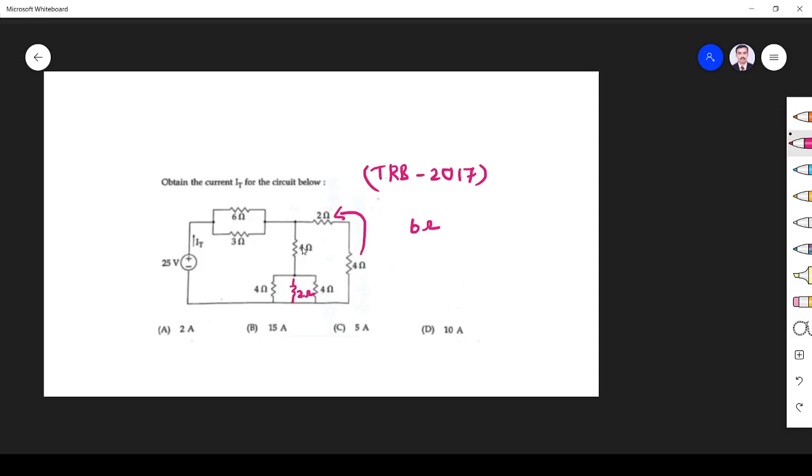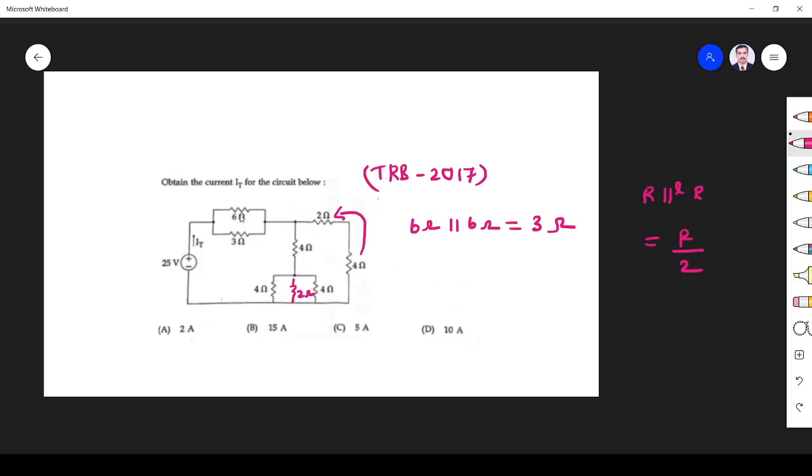So this is 2 ohm plus this 4 ohm, that is 6 ohm, and it is parallel with the other 6 ohm. So 6 ohm parallel with 6 ohm gives 3 ohm. If two equal resistances R are parallel, the resultant resistance is R by 2, that we know. The same concept. So here totally we got 3 ohm resistance.